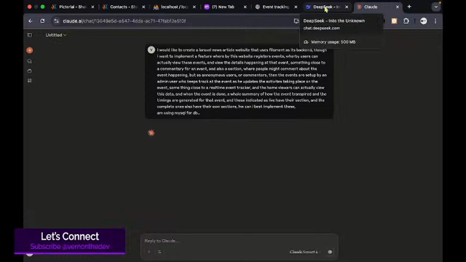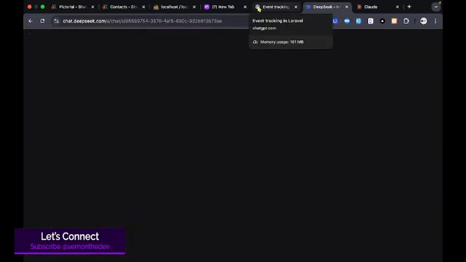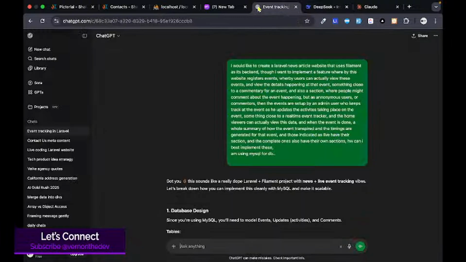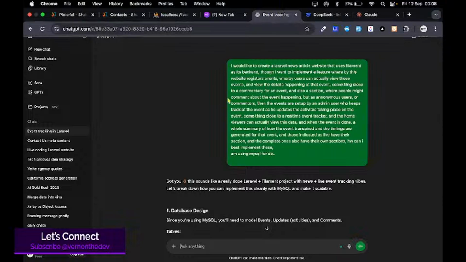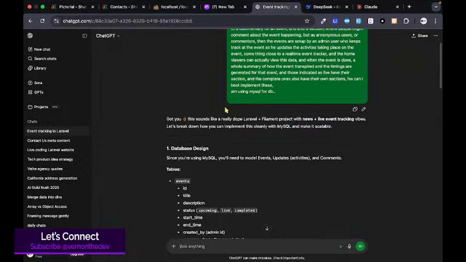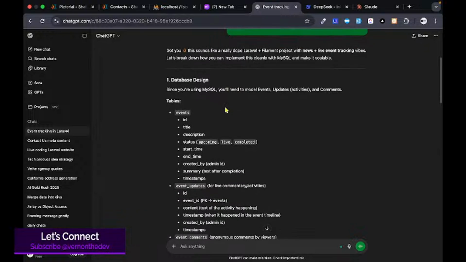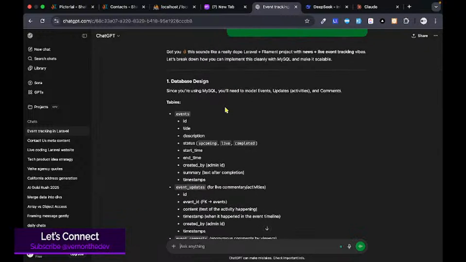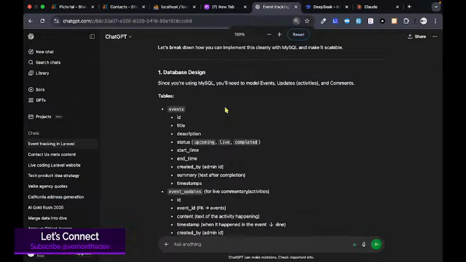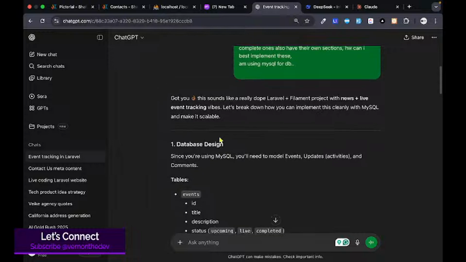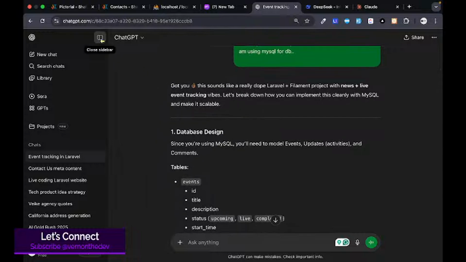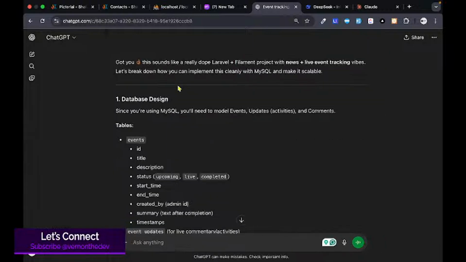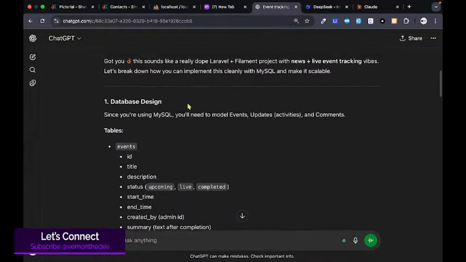Let me go back. I think ChatGPT is kind of faster, so yeah, actually ChatGPT was faster. It's saying increase the screen size. So I can close this so that you can have a better view. So right now the AI is saying that